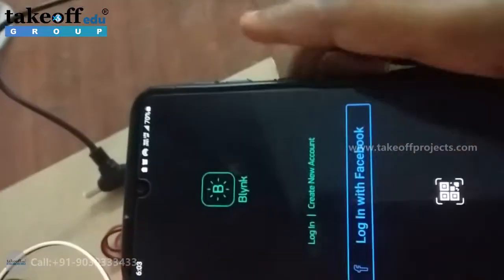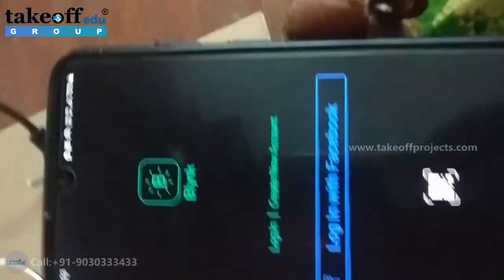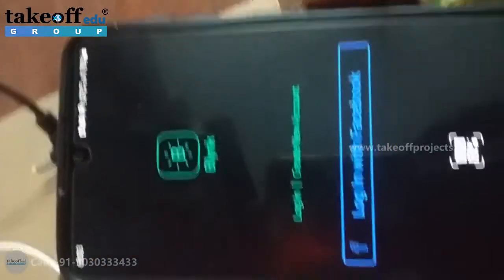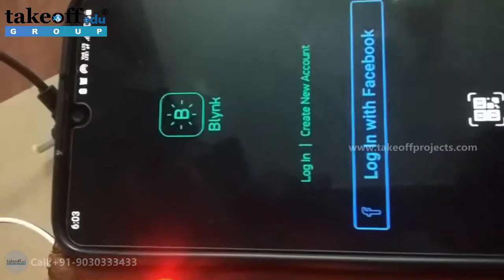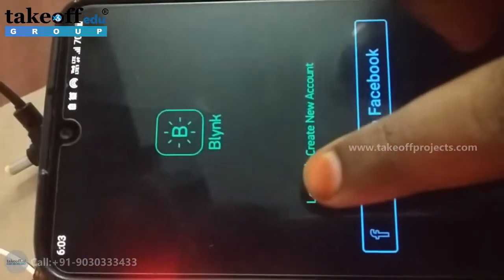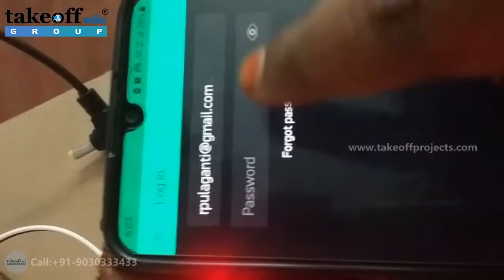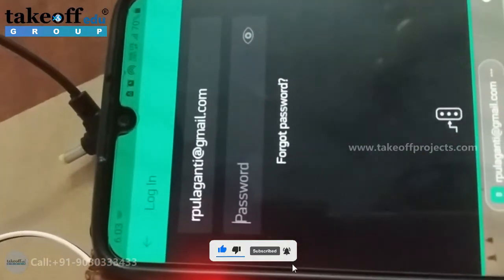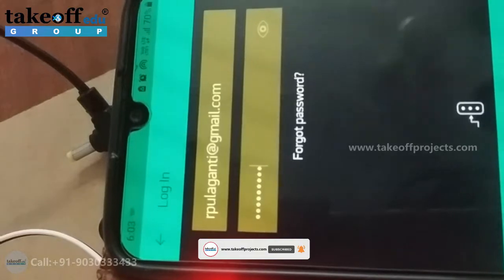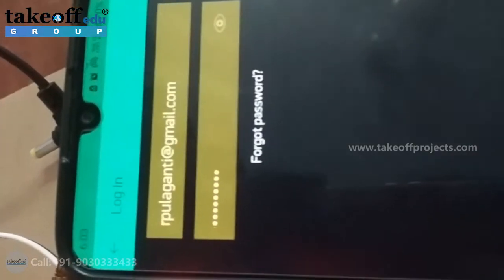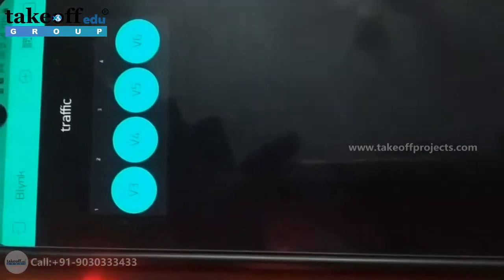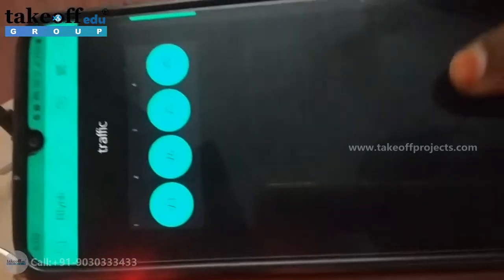So first of all we need to log in, or else if we want to create a new account we need to create a new account. As I have logged in already, I will press on login. Here I have given the mail ID and the password we have to set. So after that we need to log in. So it will connect like this.